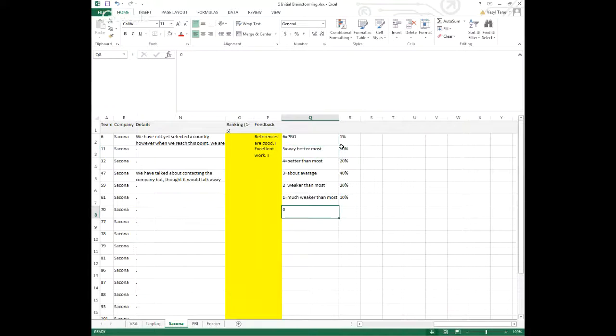And then when we have a 0, that's when there is no submission. Sometimes you will have a team that literally didn't say anything, there is almost nothing. I don't think you will see those often, but if you see it sometimes, you are allowed to give a 0, that's literally nothing. They didn't submit anything, so you can give them nothing.